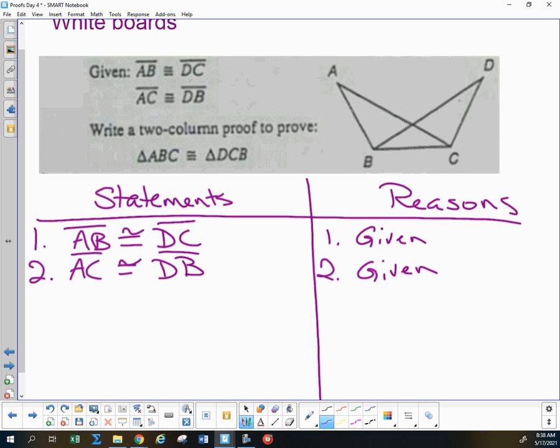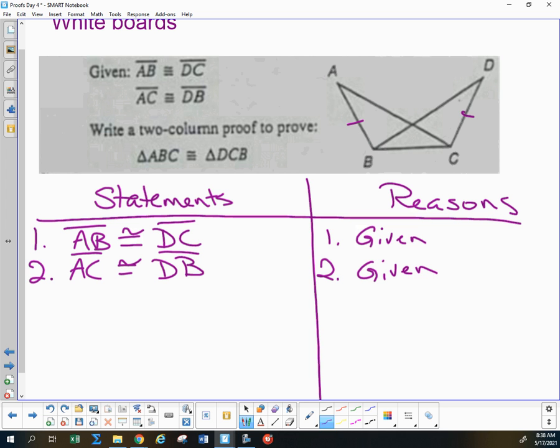And Lila, can you tell me where you marked statement number 1 on your picture? Where do I find those? Where's AB? Where's DC? What am I looking at? Is it an angle? Is it the top and the bottom? Like a line is kind of like the left and the right? Yeah. All right, so we'll mark the left and the right. Everybody good with that for statement 1? Okay, now notice